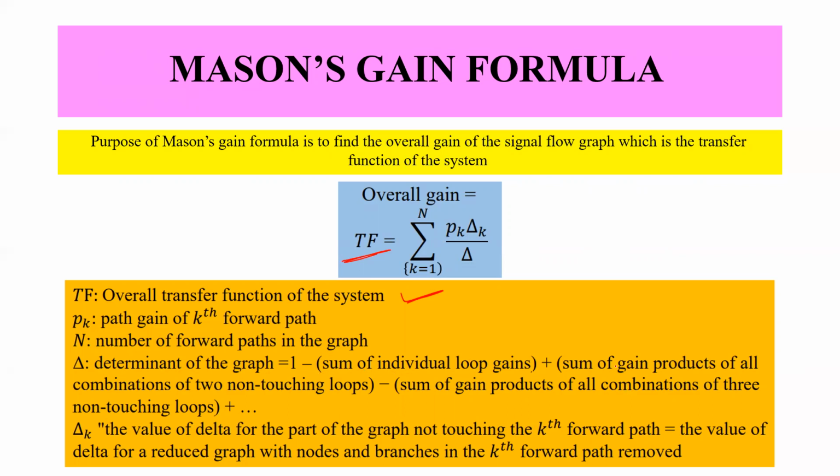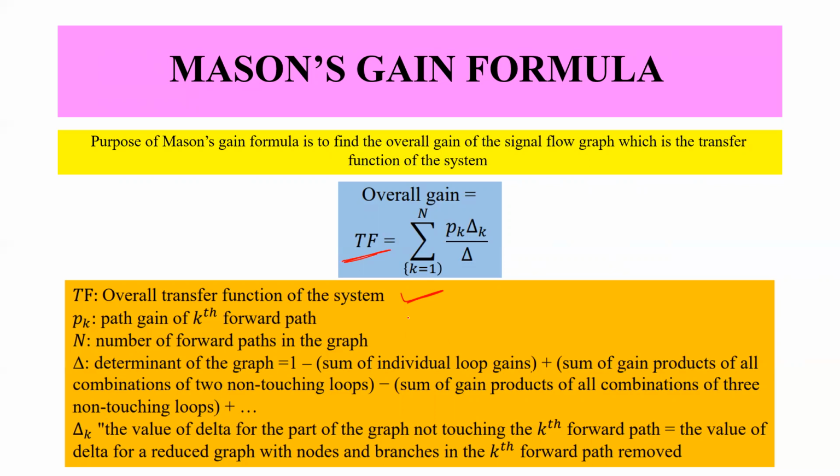The next thing that we will do is try to identify the number of two non-touching loops in the given signal flow graph, and then we will multiply. We will have the gain of each loop, and we will add the gain products of each such pair of loops which are not touching each other. Non-touching loops are those loops which do not have any common node, right? Then minus the sum of gain products of